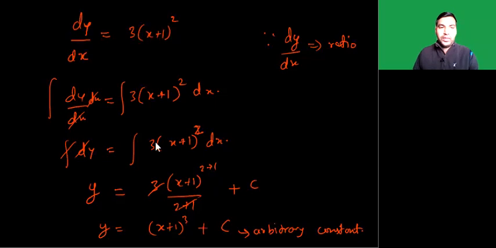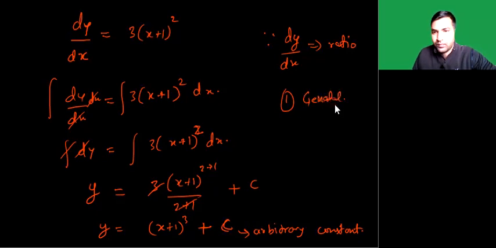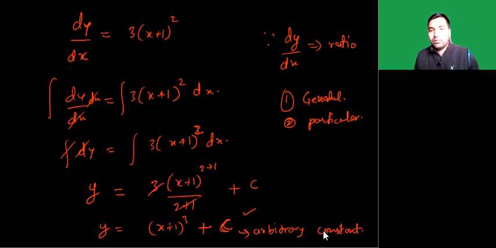All right. So friends, in the previous discussion, I told you the solutions of differential equations are of two natures. One is general solution. Another one is particular solution. So this, what we got, is a general solution, right? Because we have not substituted a particular value of this arbitrary constant. So when we substitute a particular value of c, the solution becomes a particular solution. All right. I hope this thing is clear to you. Let's move on.